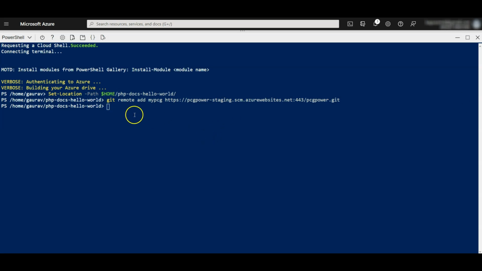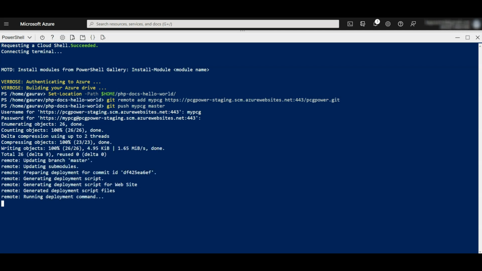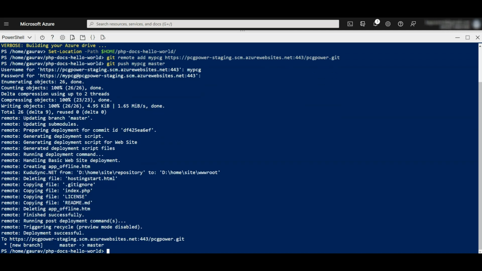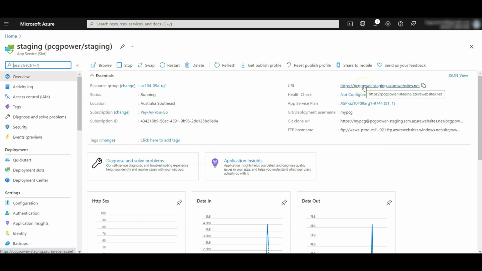Right, now we will paste that command here and we will type our username, master, right, pass in the username password. It's writing the objects. Alright, deployment is successful. Now close this Cloud Shell pane and on the staging slot, click on this default URL